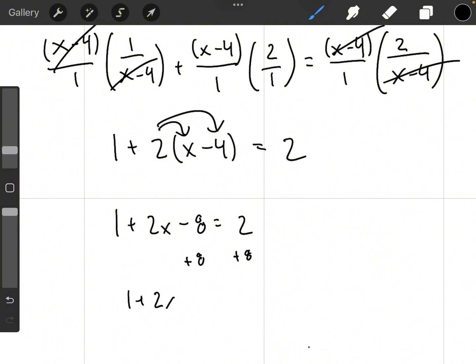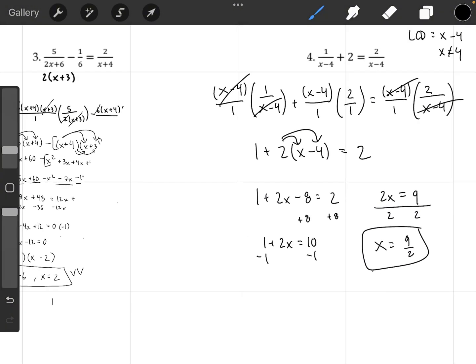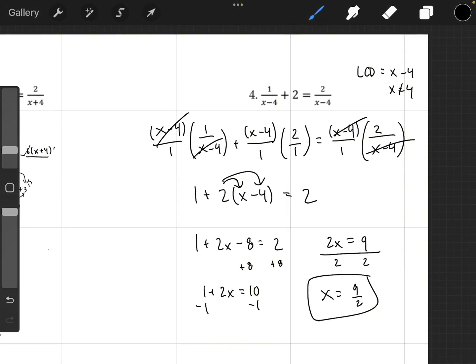We have 1 plus 2x equals 10. We can subtract 1 on both sides. 2x equals 9. Divide both sides by 2. X equals 9 over 2. And 9 over 2 is not our excluded value, so